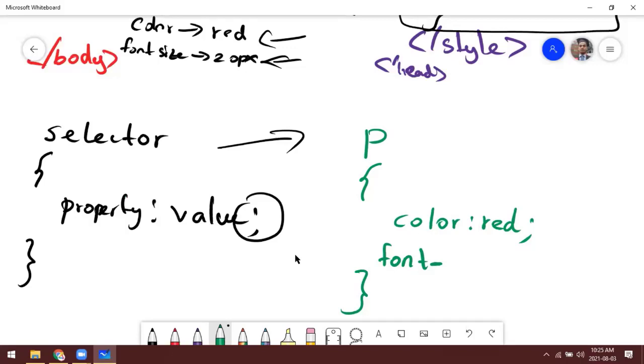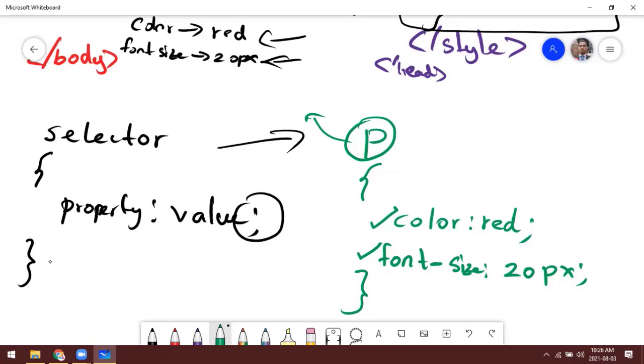So for the font size, the CSS property is font-size. All the CSS properties are in small letters, and font-size 20 pixel. It means for the selector P, for the paragraph tag, make the text color red and the font size 20 pixel. So the output will be in red color with 20 pixel. Right, this is the syntax for a CSS selector.